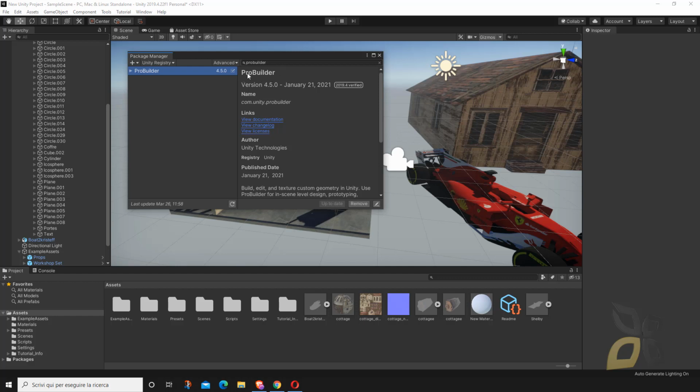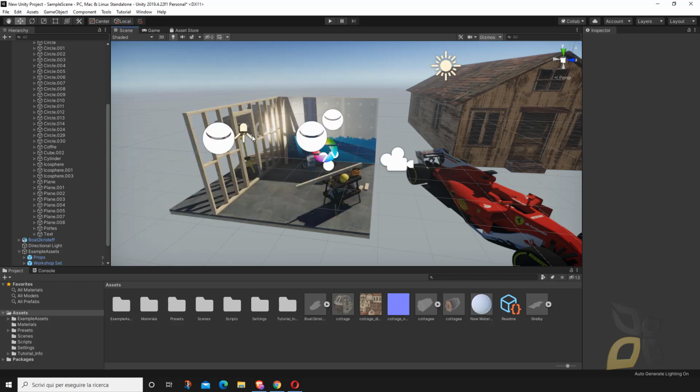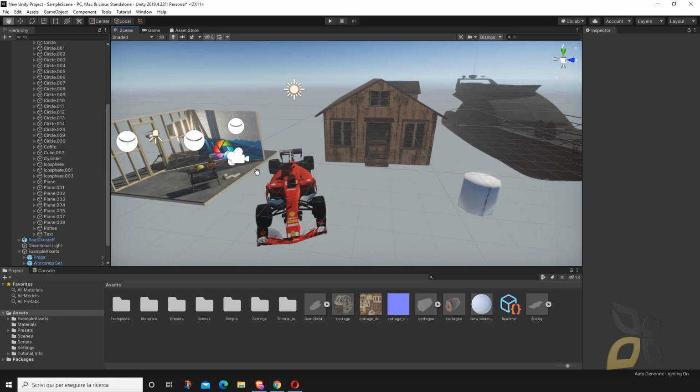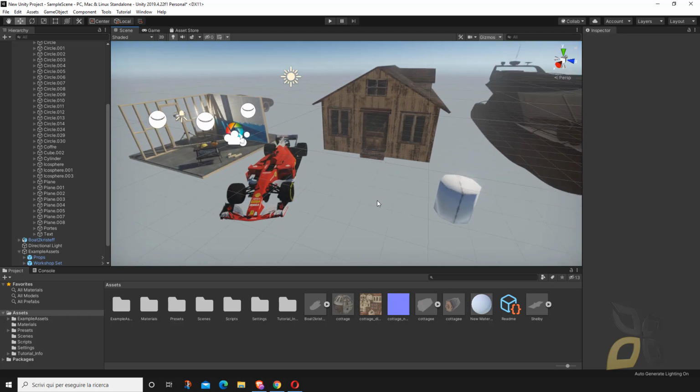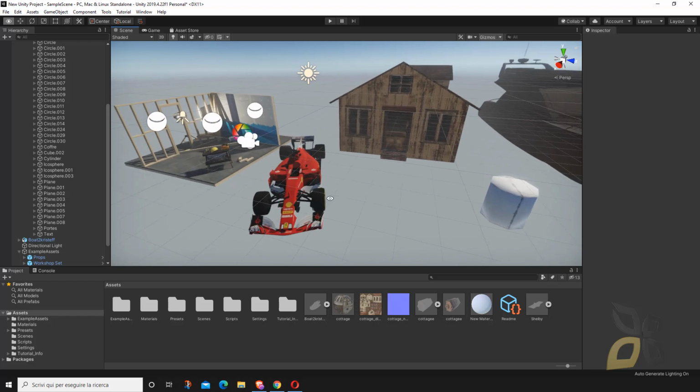And why I am showing you ProBuilder in this video is because ProBuilder also has an exporter inside the package. So I will show you both. These are two options. I think these are the two best options, but probably there are more out there. If there are, please write your suggestions in the comments, and also questions if you have any.